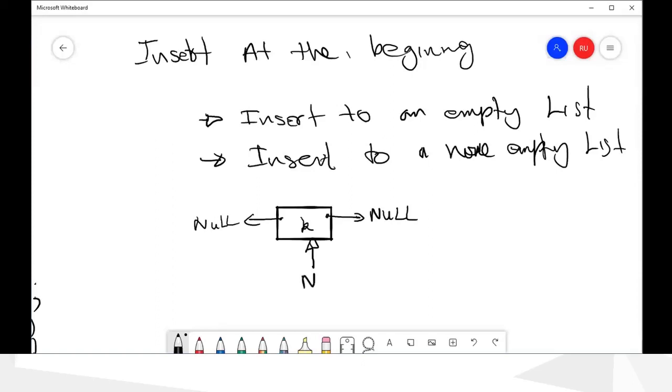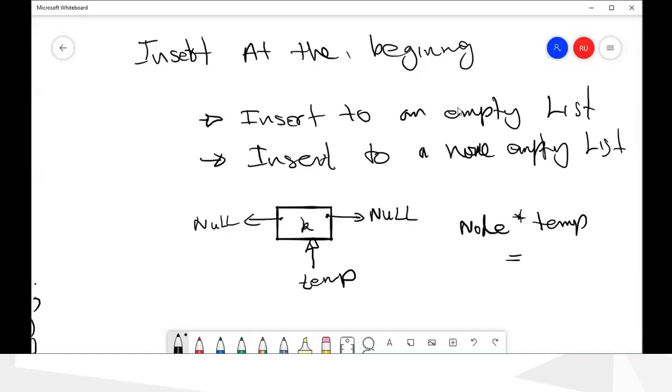Remember, we create this using a node pointer temp. So this is how we created it: node pointer temp equals new node, something like that.